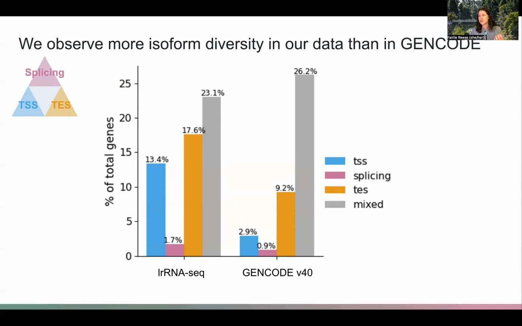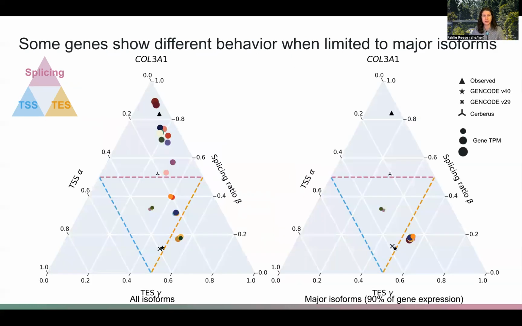We can also plot the triplet values for each of these genes in our simplex on a sample by sample basis. In this case, the triplet is computed from the set of isoforms that are expressed in each sample. What you're seeing here on the left are the triplets plotted for each sample in COL3A1 for all of the expressed isoforms. But on the right, what you're seeing is subset even further just for the major isoforms of COL3A1. And here we're defining the major isoforms as the set of isoforms that are responsible for at least 90% of